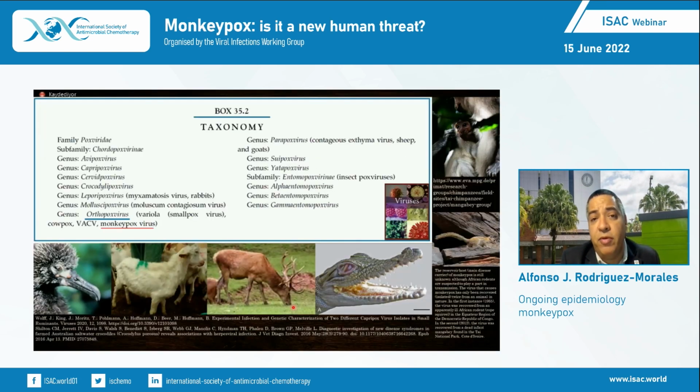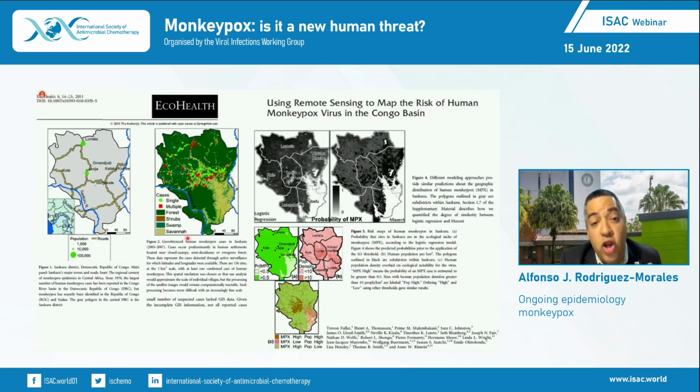First of all, we have to remember, as has been discussed, this is a zoonotic virus. This is a virus that belongs to a group that infects different animals. And this is important from the ecological point of view for zoonotic transmission, in the way that this is influenced, as many other zoonoses, by different environmental, climatic, social, and other aspects that have been studied over time in different African countries.